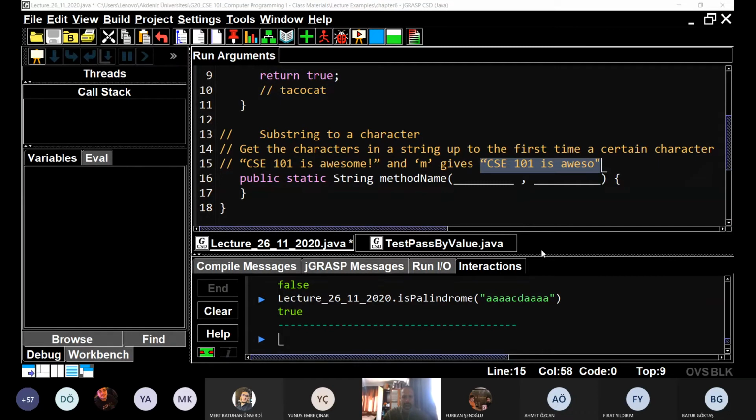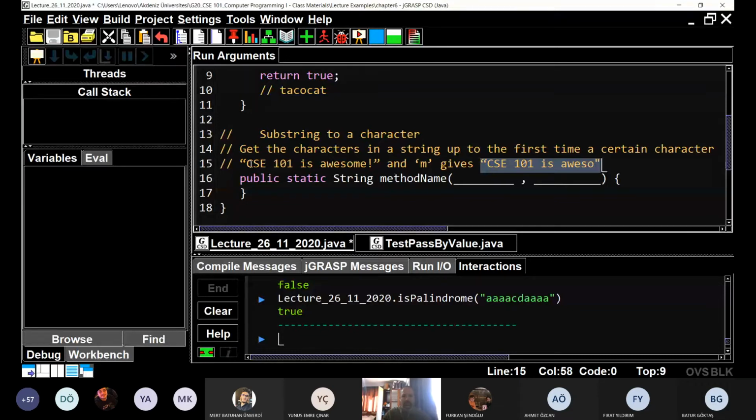Okay. Some of you have some good ideas on one of them. All right. Yeah. So we're going to pass it this, which is a string of characters, and we're going to pass it this, which is a letter. Okay, so the first thing we know we're giving it is a string of characters. The second one is a single character,